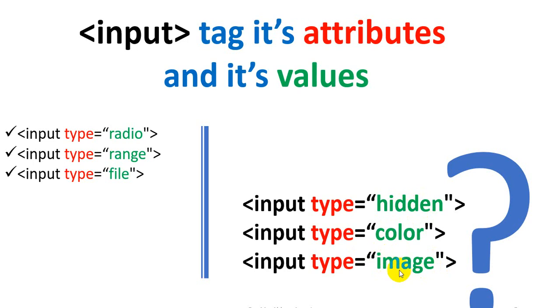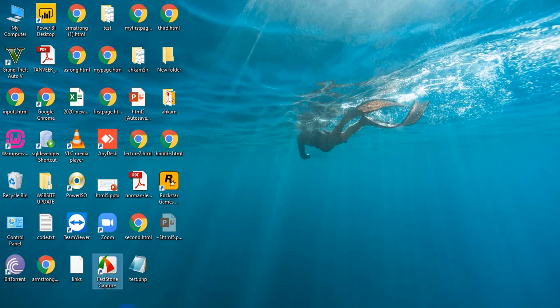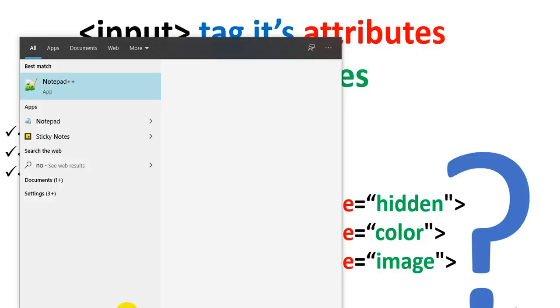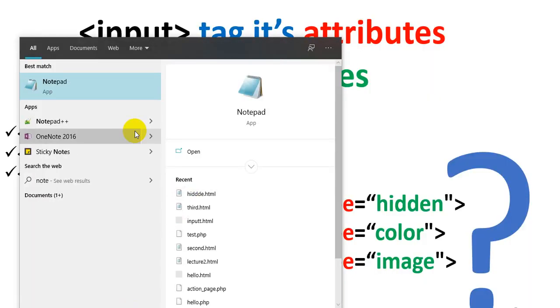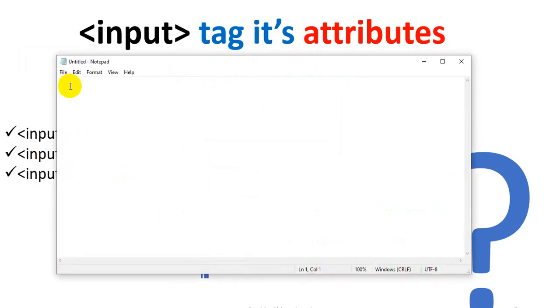So how to start our coding? First we have to start our software application program, that is our notepad, and we know notepad is easily available in all computers. Okay, so we will start our notepad. I'm just going back to our desktop, then I will just type notepad. Okay, so you will get notepad on your computer.